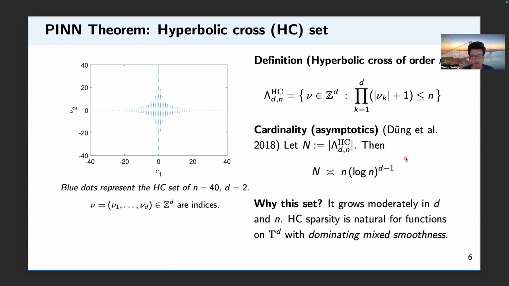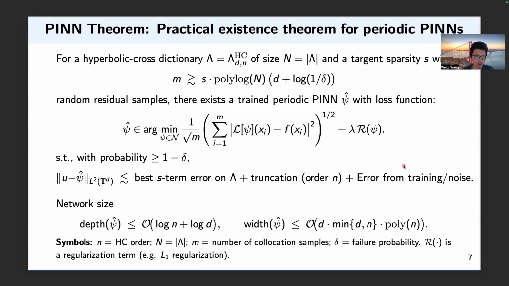So we use it by picking our Fourier frequencies from this set, and it gives us a compact dictionary for the theorem, and also a good search space for the compressive Fourier collocation method, which we will talk about later. Now, this is our main theorem. Actually, I do not want to read through all of the notations in this slide, but only give a brief idea. The theorem says that